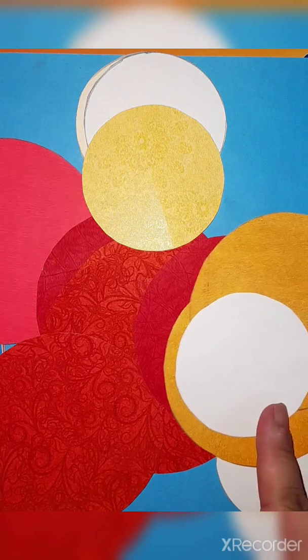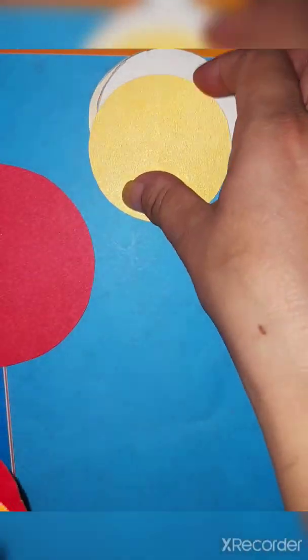So here I have already cut different circles of different radii. Now I'll fold the circle into one half. It means that this is one half of a circle.